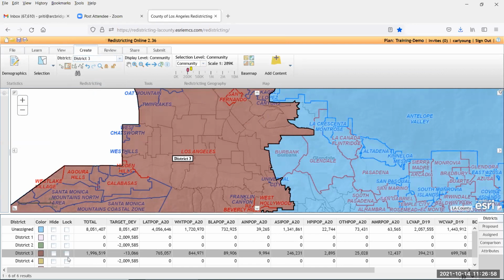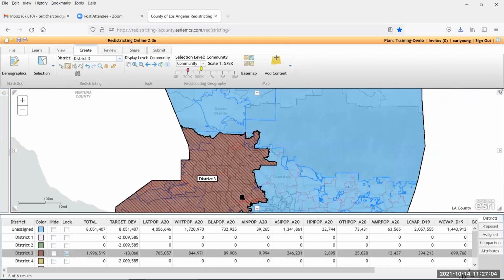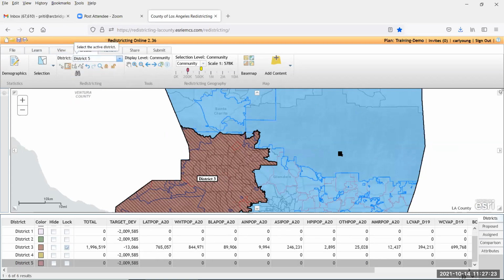So at this point, I'll just say, how about locking it? And then later on, when I want to do something, I can go back and unlock it. So now I have basically locked my district 3 for the first pass, and I feel like that's pretty good. So let me go and look at district 5 now, which I would like to make it somewhere up here. So I will pick district 5, and